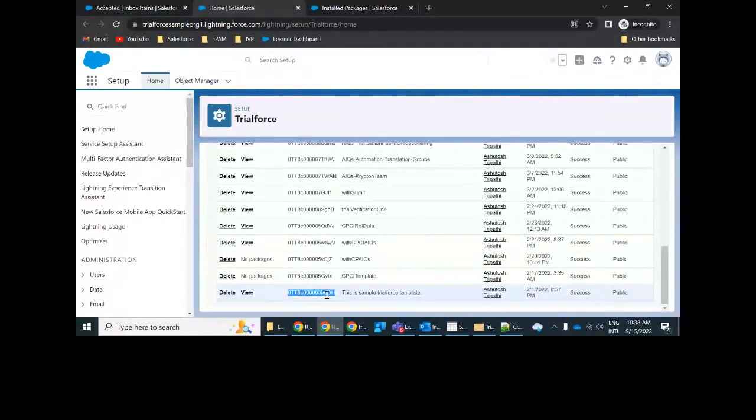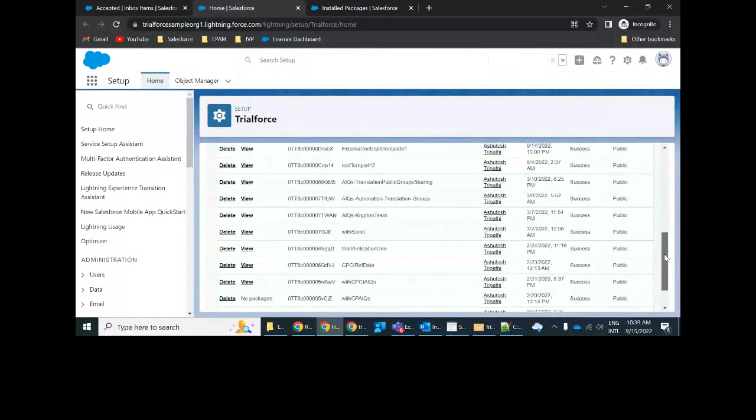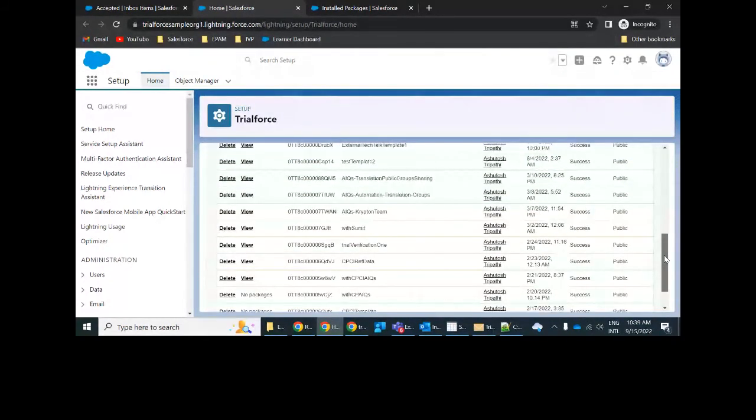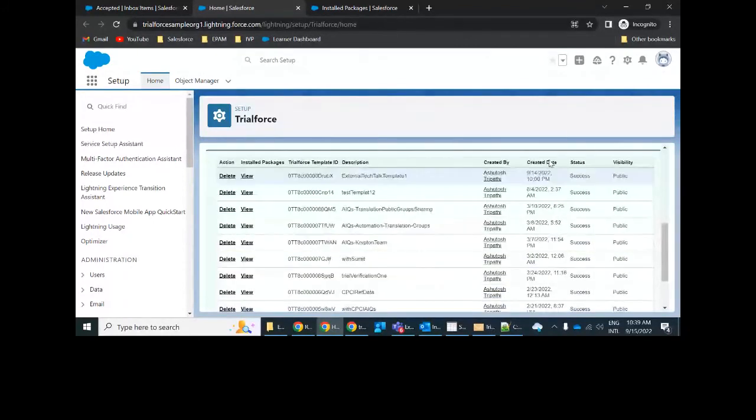So I use this template to create a new org. In this way, even if your record is not available in the org, it is available in the template, because this template was created at the time when the record was available. So in this way you can control the versioning, how you want to spin up your orgs on a different version using different Trailforce templates.